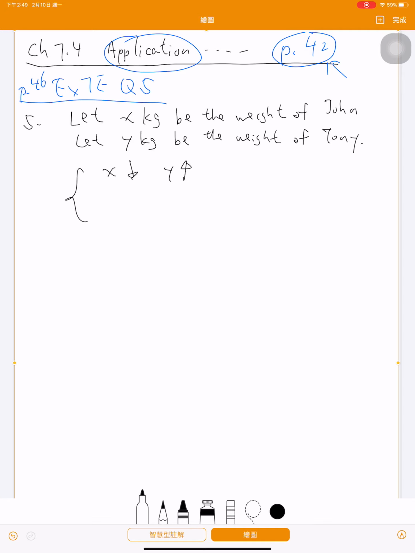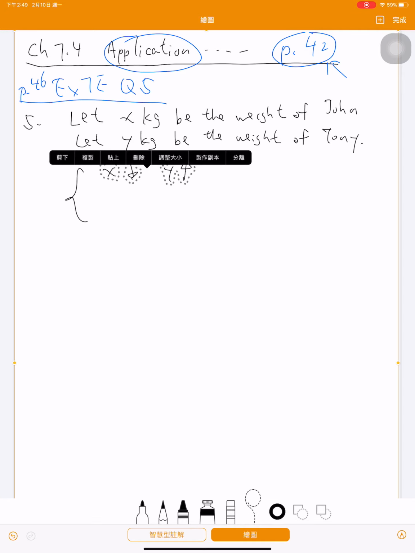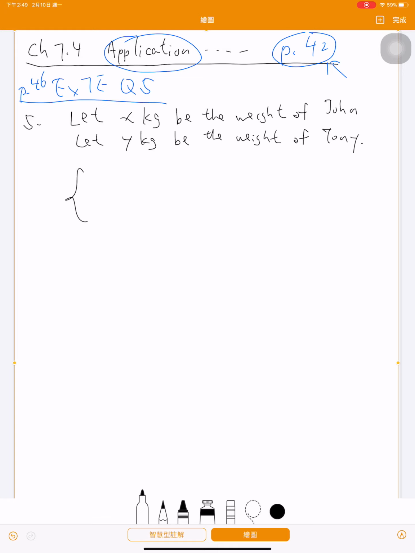So we may simply write down y minus x is equal to 4, right? Because John is 4 kg lighter than Tony, right? And then for the second equation, it says that their total weight, that means x plus y, is equal to 102,